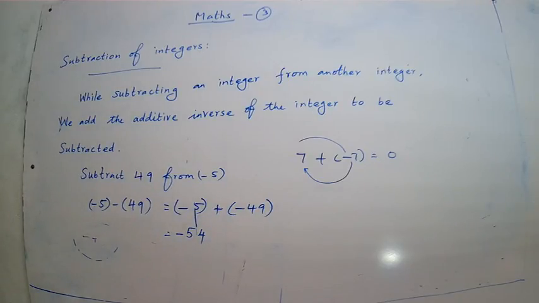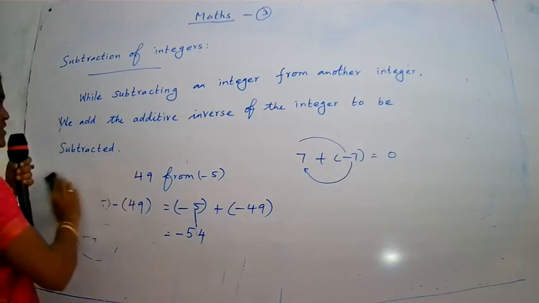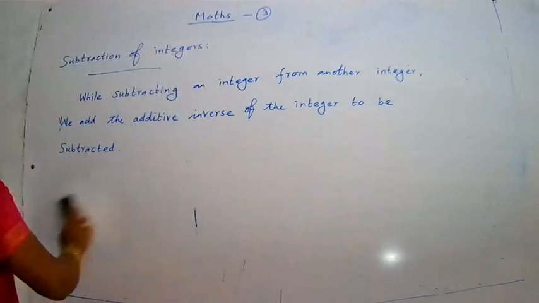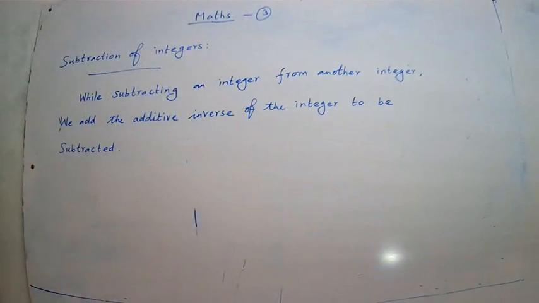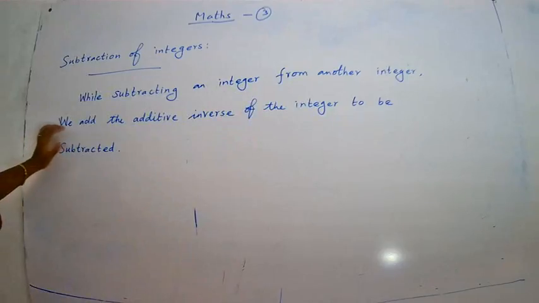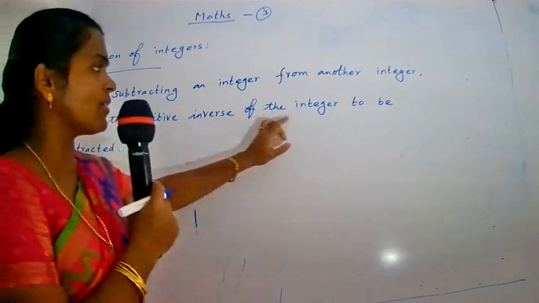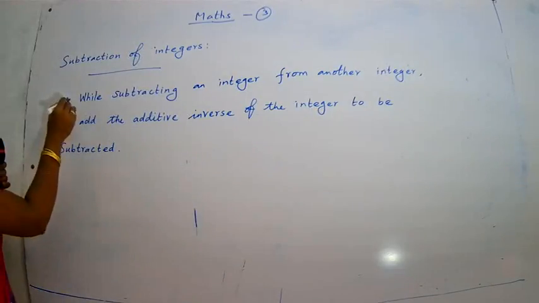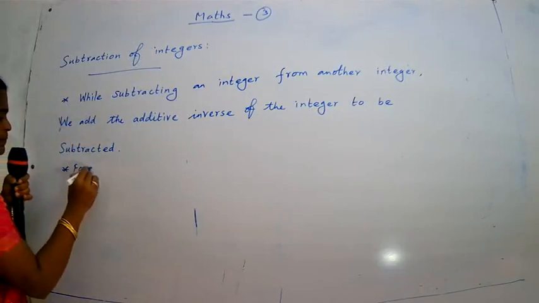Now, going to the problems also. First, take your classwork note and write the definition. Subtraction of integers. Write the definition. While subtracting an integer from another integer, we add the additive inverse of the integer to be subtracted. Okay. For example,